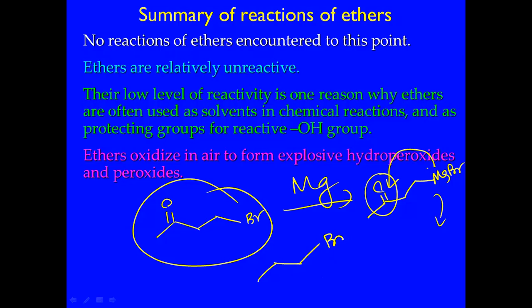The same is true when you have a bromide like this. Let's say you have OH. You have an alcohol functional group and you have a bromide. And I want to make a Grignard reaction out of these. So I treat this with magnesium and ether, and let's say I'm interested in making this one, sorry, magnesium bromide. So I want to insert magnesium between bromine and this carbon, and I want to convert this into a